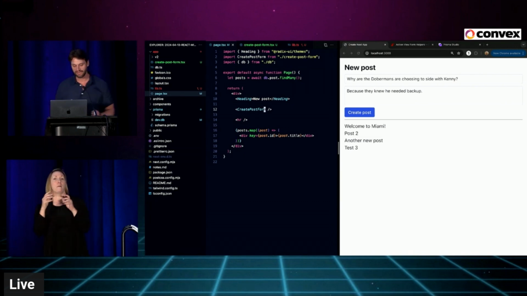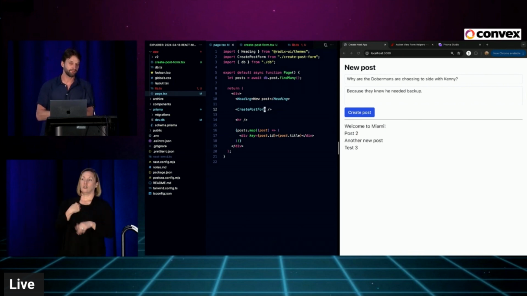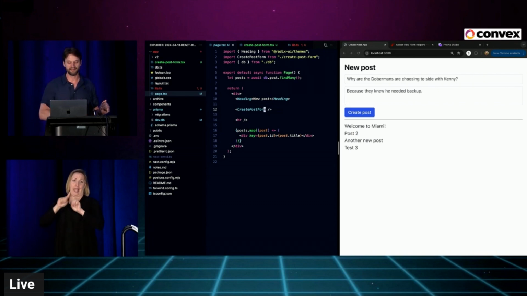Great question. How can we make the page update when we submit the form? So this is a Next app. They have their own mechanism for this, but every framework really has a kind of different answer for this. There are some new caching functions coming to React, but this way that we would do this, let me show you, but the general idea is